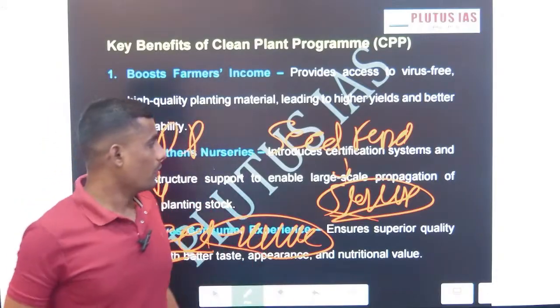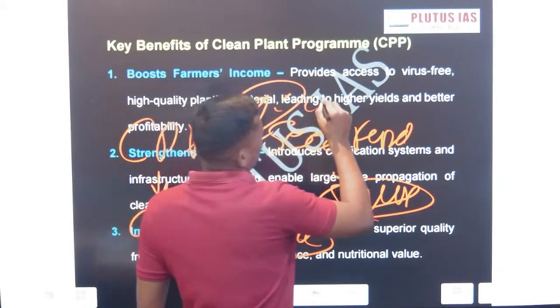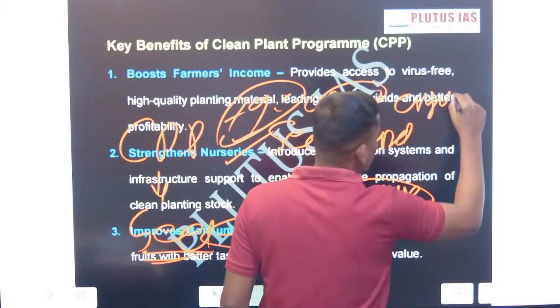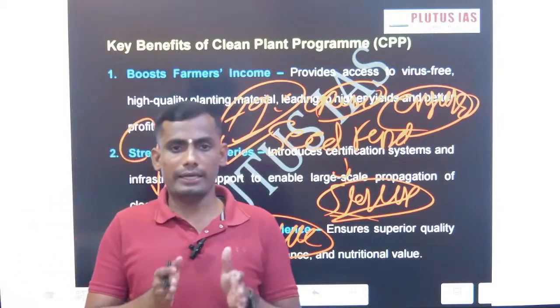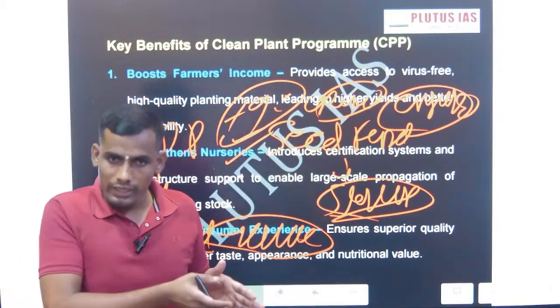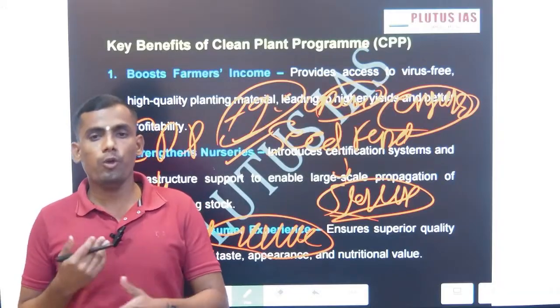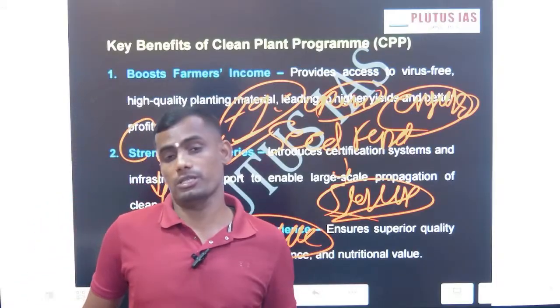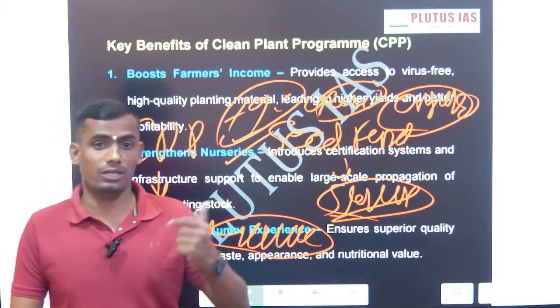If you see, around 70% or 90% of rural women are engaged in agriculture. Okay, so if a clean seed plant is set up in the rural area, then it automatically will provide employment to rural women. Okay, so it is also called a social development scheme, also social inclusivity. This is the second. The third one will be on the government side.